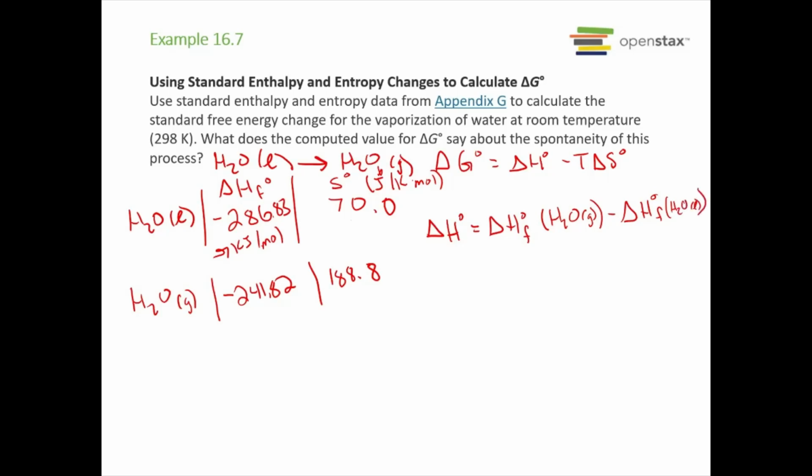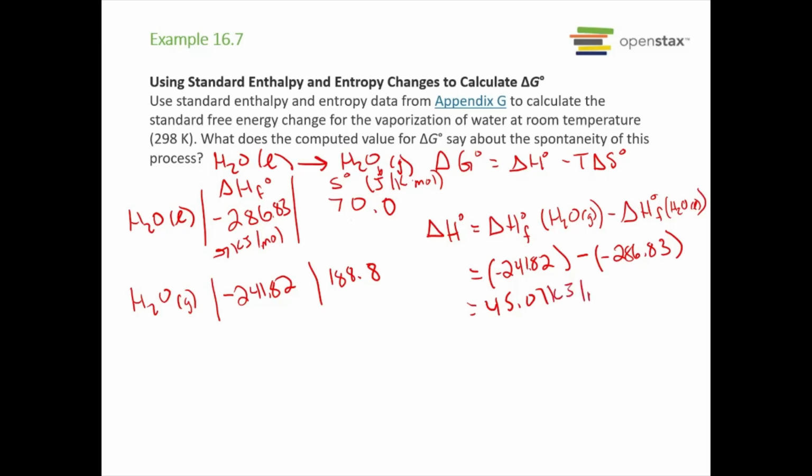Okay, products minus reactants. So then that gives us negative 241.82 kilojoules per mole minus negative 286.83 kilojoules per mole. So this gives us 45.01